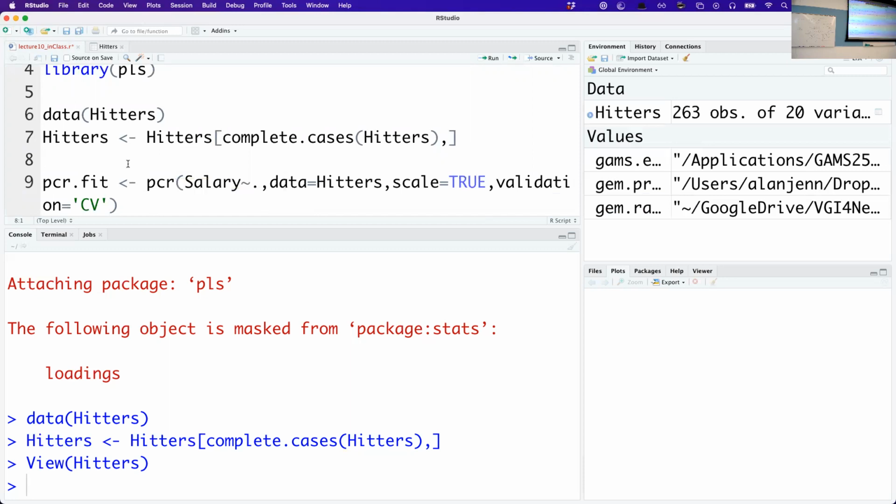So in this case, we'll have salary regressed on everything else, okay? And then what's coming from the hitters data set, usually you're going to have some kind of scaling. And the reason for that is you can imagine that if this is in one kind of unit and this is in a different kind of unit,